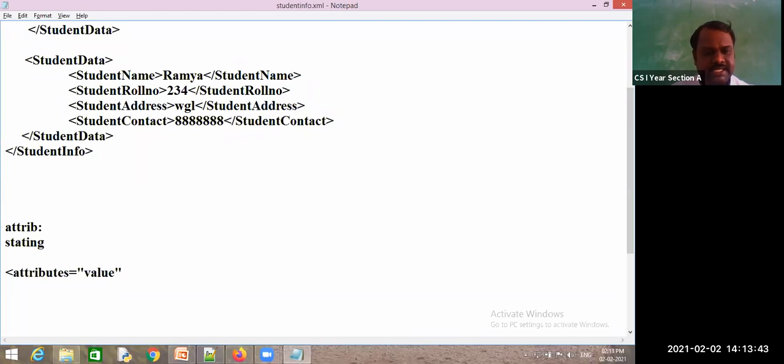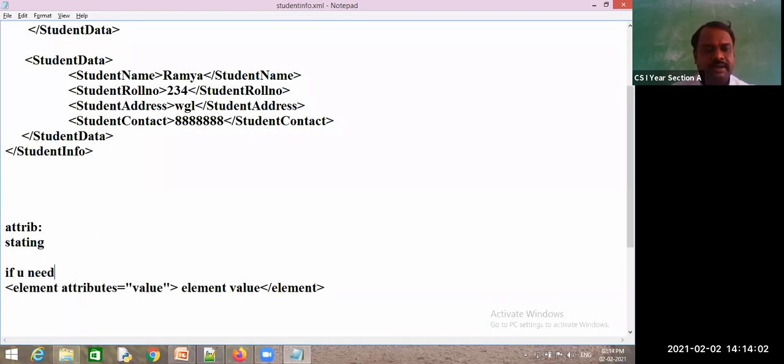The syntax is: this is the element and attribute value, and this is the element value, and you need to close with the element. So this is the syntax when you need one attribute.